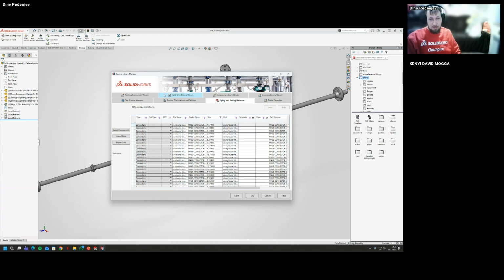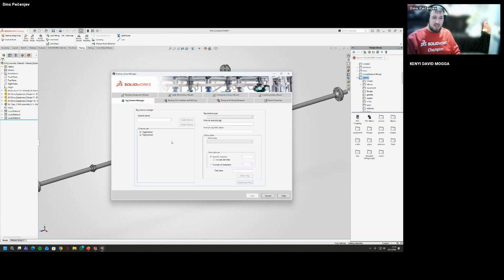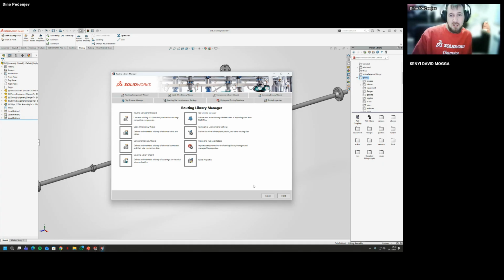So this routing library manager is the heart of it, and creating the route component has so many more options, like tag schemes and schemas regarding the fields, so how everything behaves. Then when creating components for the Isogen data export, there's just so much to it. But I plan to keep to the basics, so you can start creating your routes. I have free time, so if you do too, please shoot out the questions.